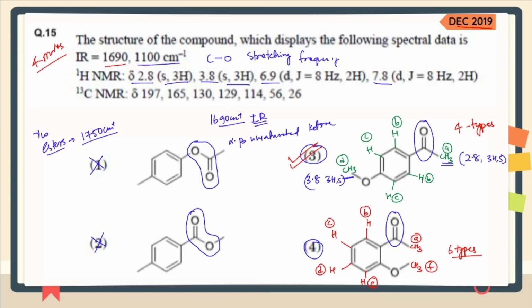Talking about these two, they are coupled with each other. This is called ortho coupling, and the groups are actually para substituted in the molecule. So whenever you get J equals 8 hertz and you get a 2 hydrogen doublet and a 2 hydrogen doublet, then always remember that in those types of compounds, your overall molecule is para substituted, which is over here.